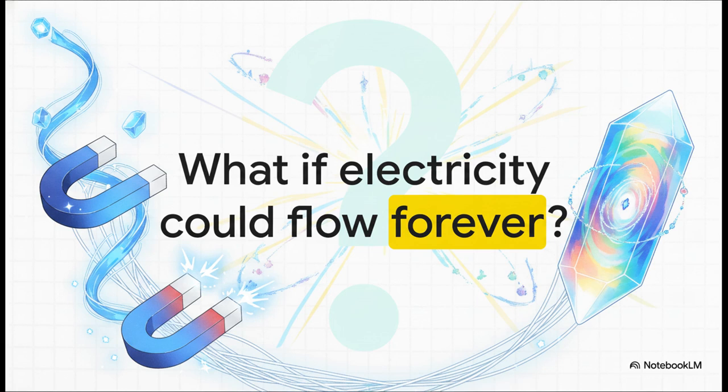What if electricity could flow forever, without losing a single drop of energy to heat or resistance? We're talking absolute perfect energy efficiency. We're talking floating magnets. We've actually known about this phenomenon for quite a while, but here's the catch. High-temperature superconductivity remains a massive unsolved puzzle in standard physics. How are these materials actually pulling this off?